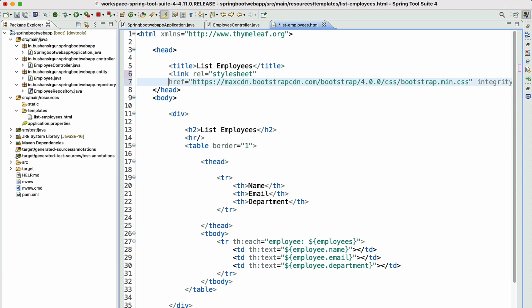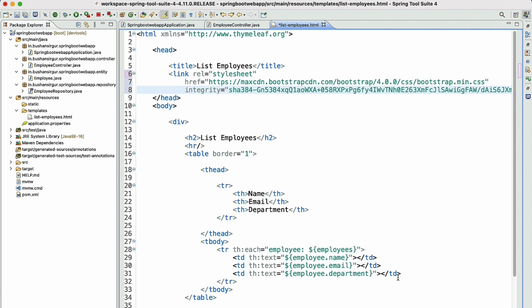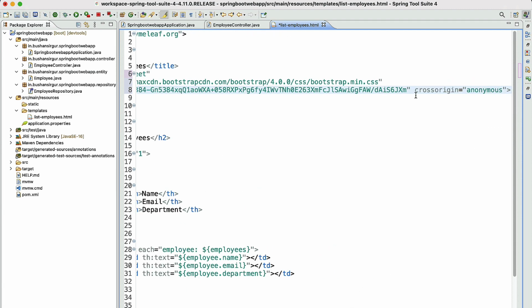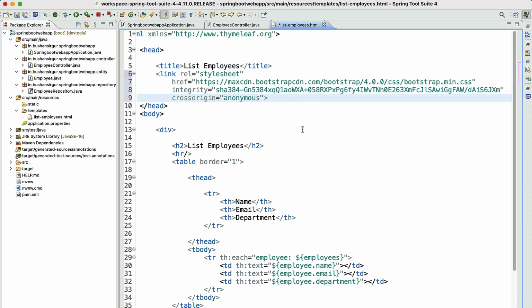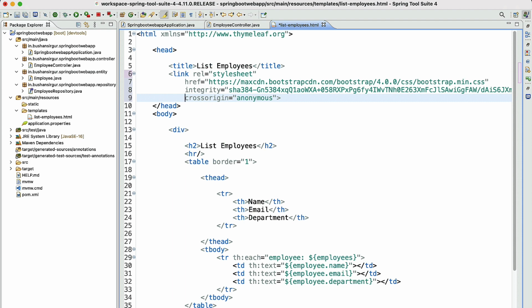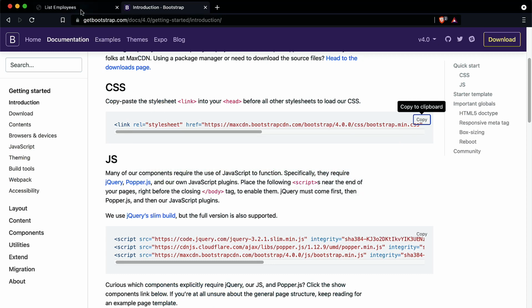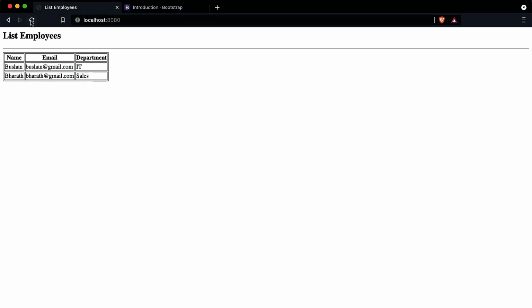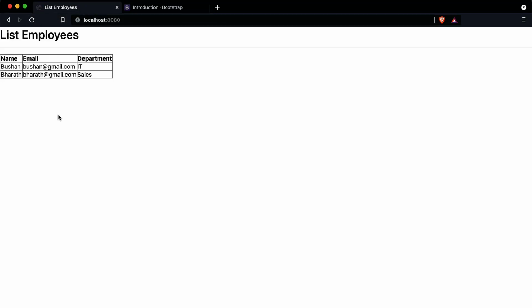Let me bring this to the next line. Okay, so now let's save this and let's navigate to the browser. Go to the list employees, and if you reload the web page, you will see the changes. The Bootstrap styling has been applied to the HTML page.